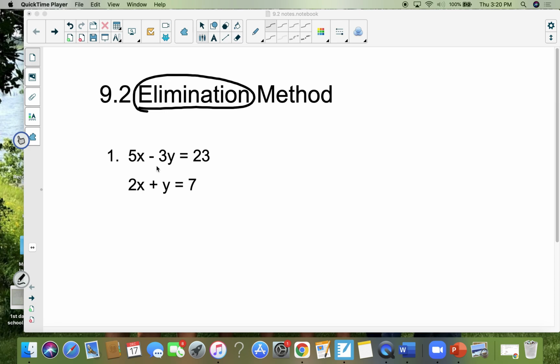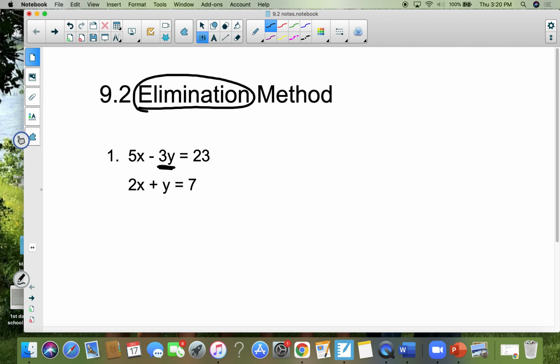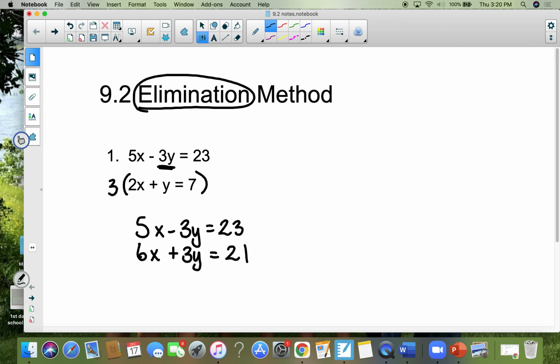Well, this one already has a -3. So I'm going to put a 3 in front of the other one. So I'm going to recopy the first one down. And I'm going to multiply this whole second equation by 3, which gives us 6x plus 3y equals 21. And then you draw a gigantic line underneath it, and you should always add if these two right here are